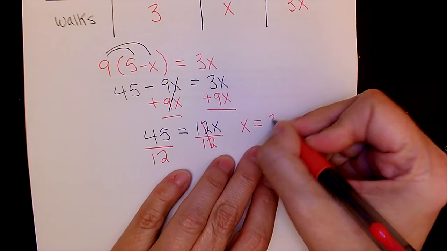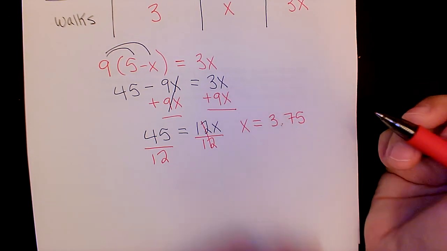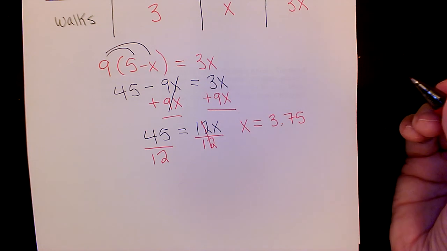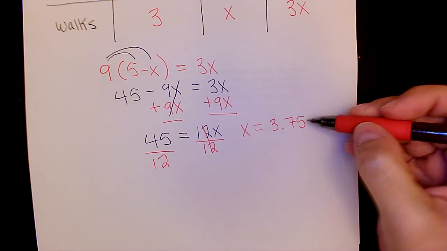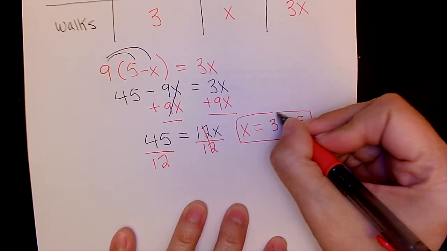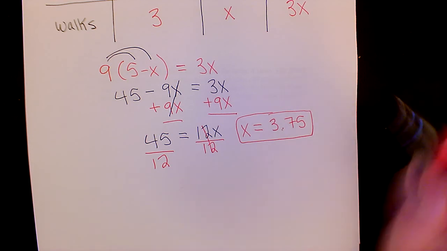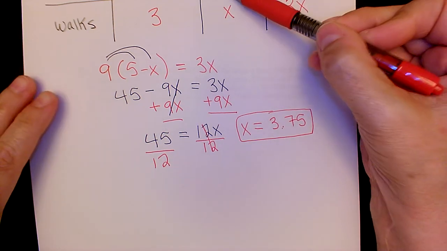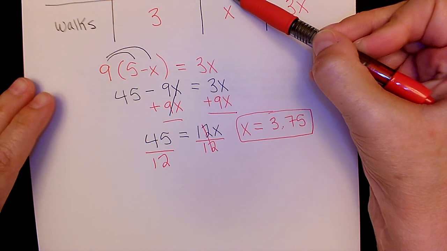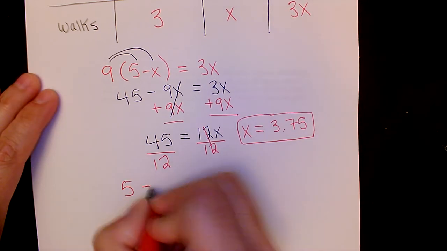So she took 3.75 hours to walk back. So that means how long did she spend running? Could we find that? We know it was a total of 5, right? 5 hours. So 5 minus,